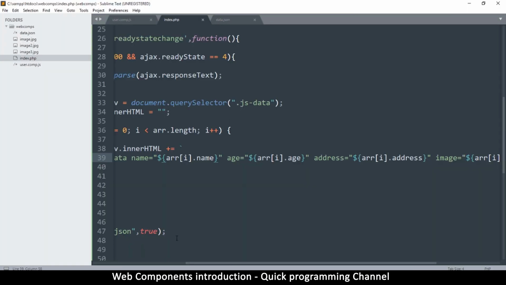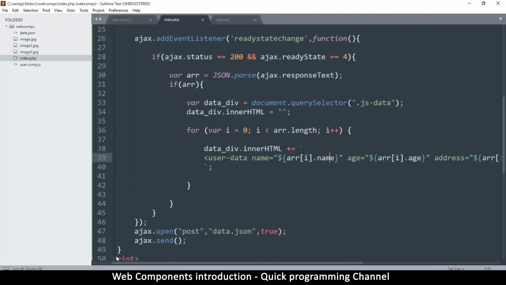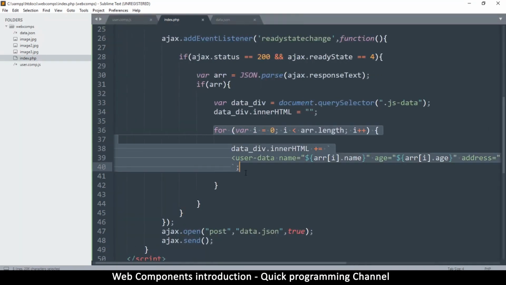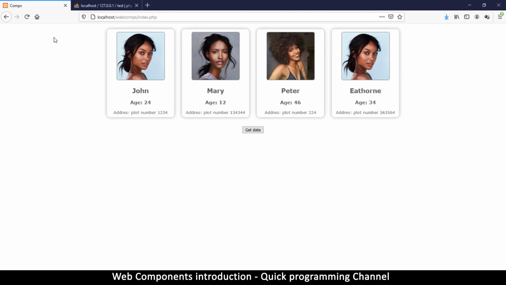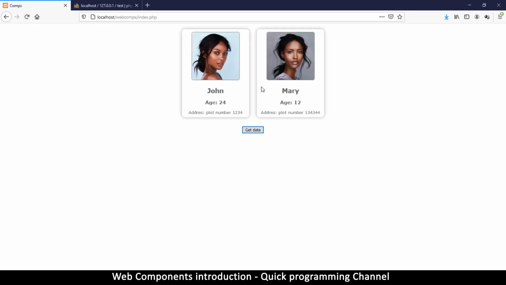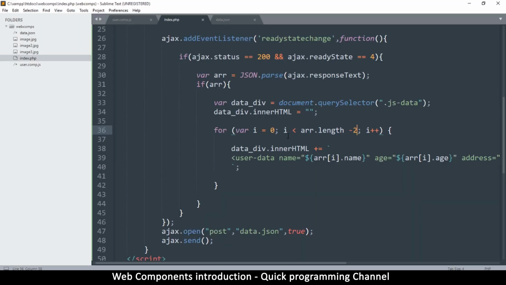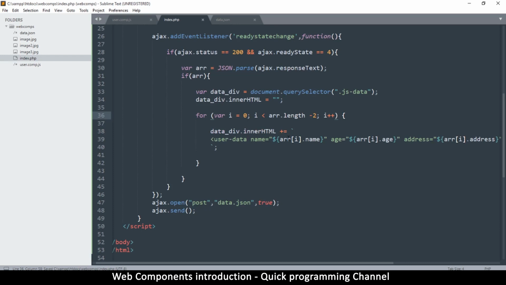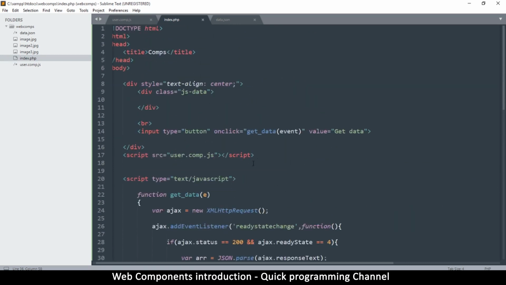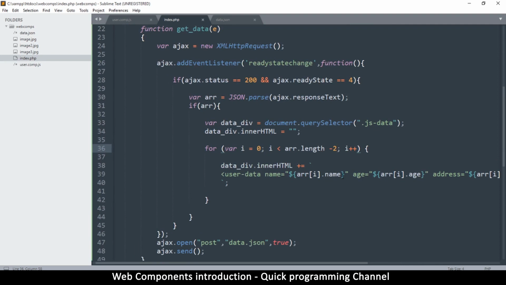Now if I just want to load just a few of these items, not every single piece of data, then I can limit where this is going. I can say length -2, like so, for example. Then I can remove 2 items from this, refresh, get data, and only 2 items will show. So you can use the same technique to load data from the database. The only thing important to remember here is that once you change the data inside this, like for example name, age, and so on, you can change the content of